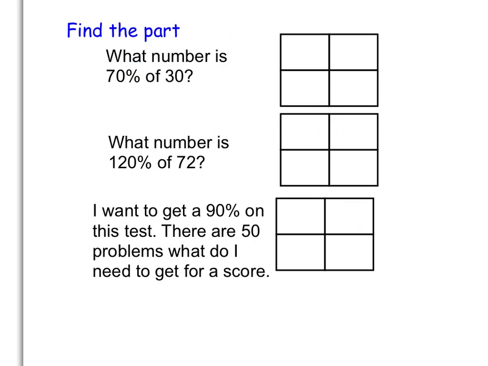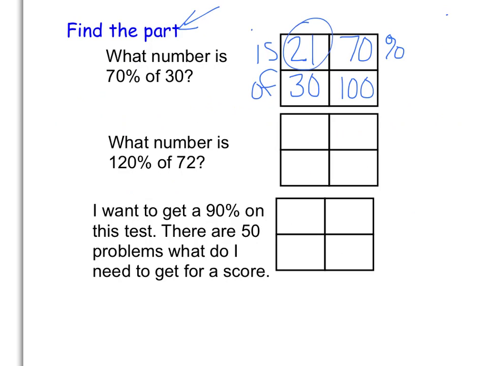Here I'm finding the part. So each time it's asking me for a different thing. But as long as I know that this is my is box, this is my of box, this is my percent, and this one's always out of 100, I can do this with any problem. I don't need to know what I'm looking for. So it says what number is 70% of 30? So now I'm going to crisscross multiply, divide by the lonely guy, and I get 21